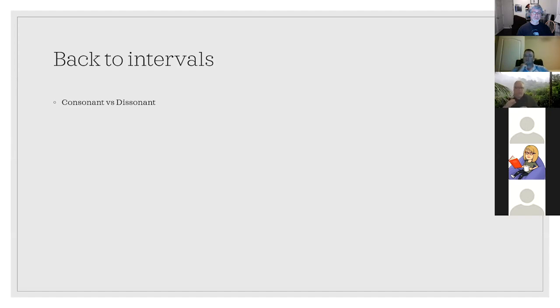So, even though there are rhythmic intervals, when we talk about intervals, most of the time we're just talking about pitch, the distance between one note and another note. And so it's always a group effort. And that means that everything in music, at least as far as pitch is concerned, is relative